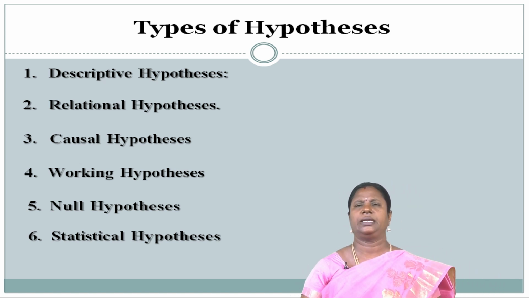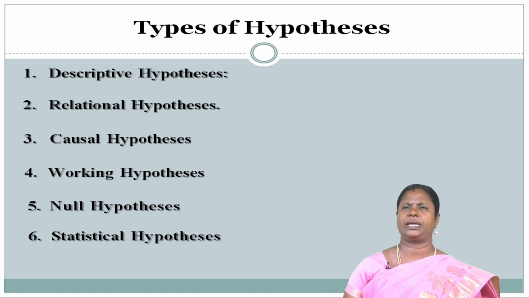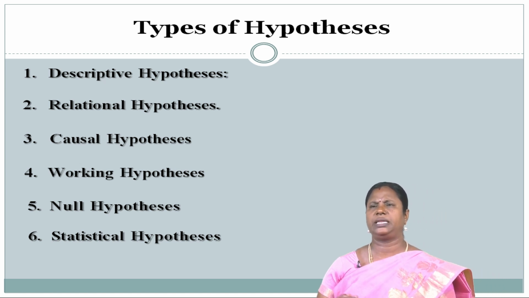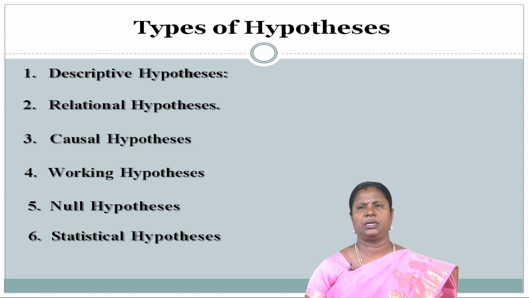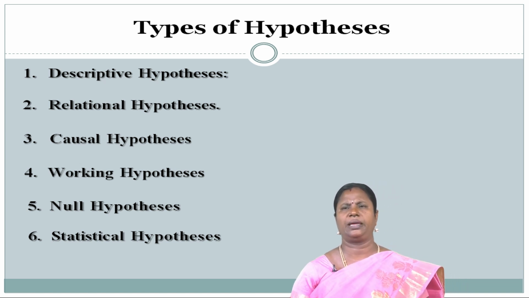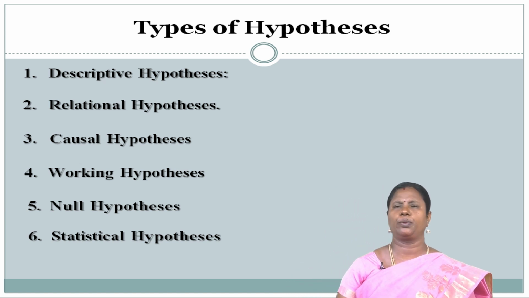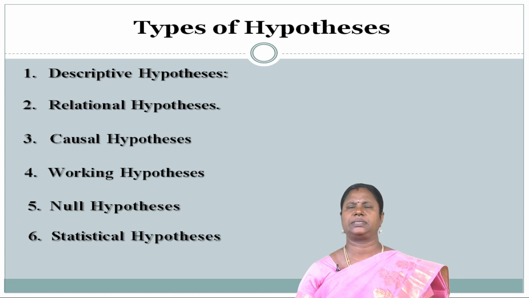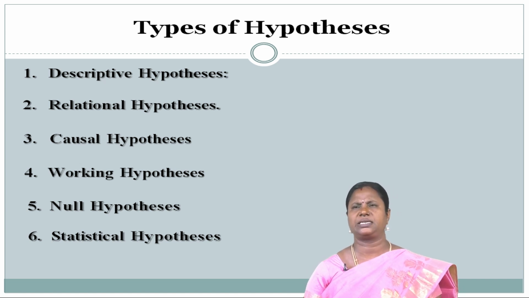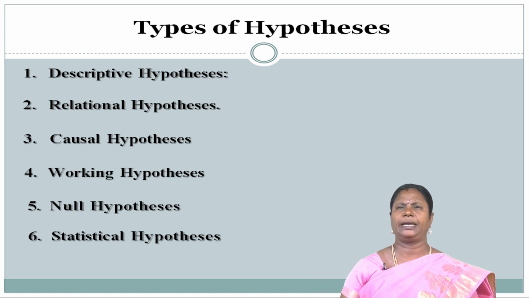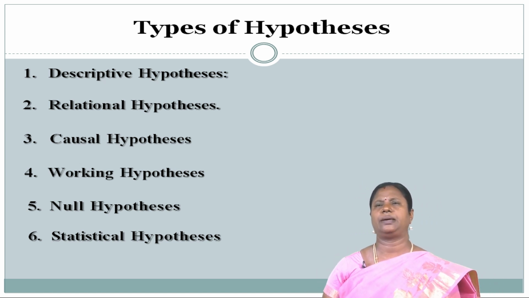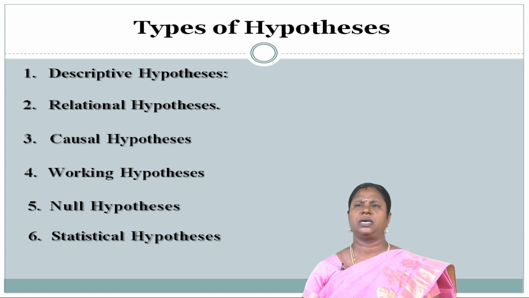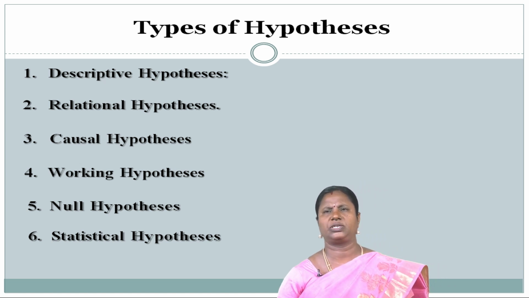Statistical hypothesis. These are statements about a statistical population. These are derived from a sample. These are quantitative in nature in that they are numerically measurable. For example, group A is older than group B. Then common sense hypothesis. It states the existence of empirical uniformities perceived through day-to-day observation. For example, shop assistants in small shops lack motivation.